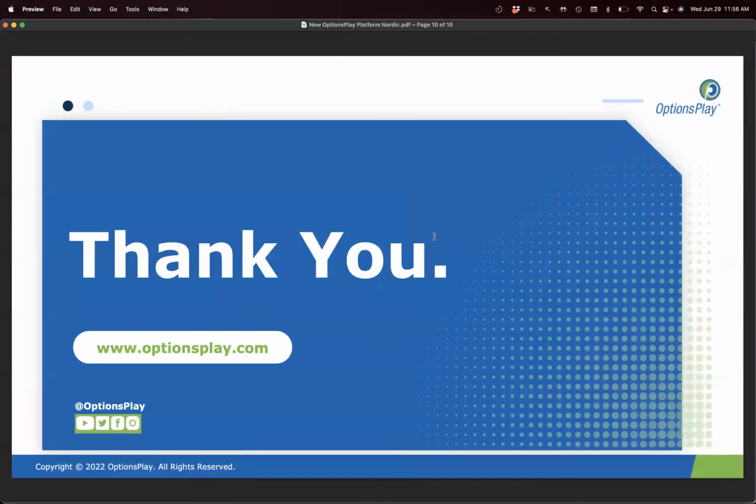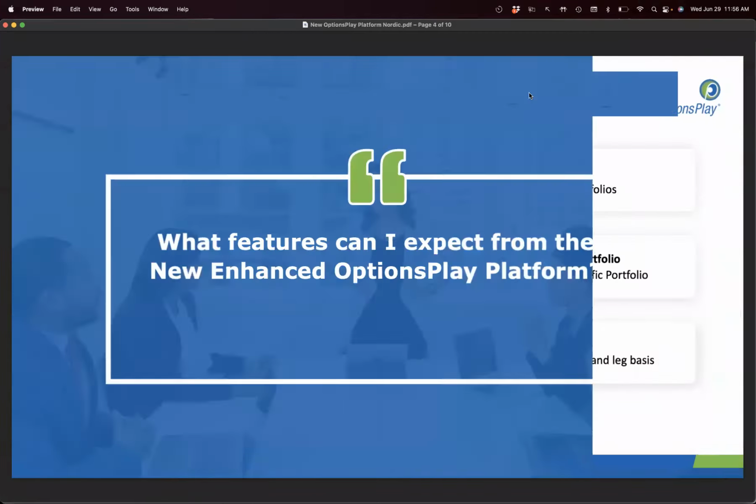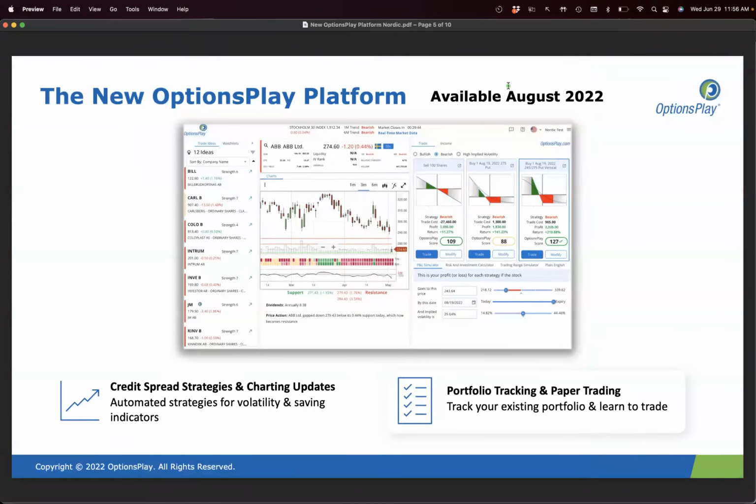So those are some of the things that are coming down the line. Like I said, this is going to be available to you in August of 2022. Our goal is to be available on August 1st. So basically the first of the month. So at the very beginning of August, you'll be able to have access to this new platform with all of